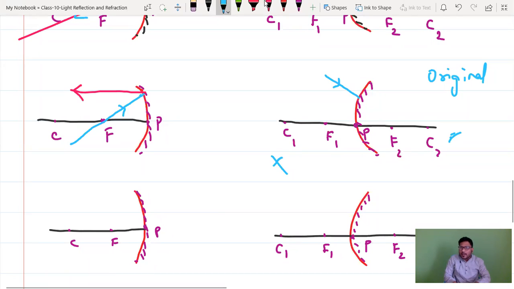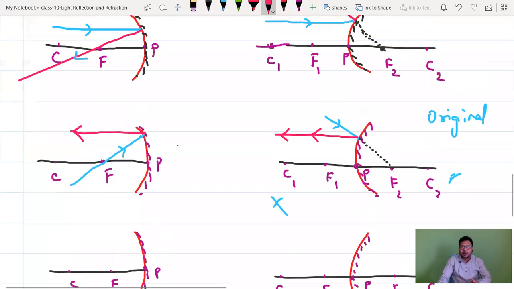So passing through focus means how will it pass through focus? Draw an imaginary line. Definitely it will touch focus. Fine. Now it will pass through focus after touching the mirror. What will happen? Now it will pass parallel to principal axis. That is the difference you have to understand. While coming to concave, you are passing through focus. But while coming to convex, you are considering imaginary, because the original focus and original center of curvature will be this side, your right hand side only.